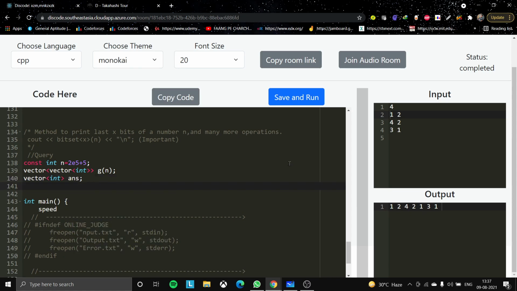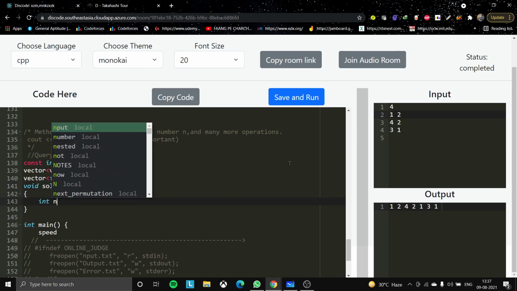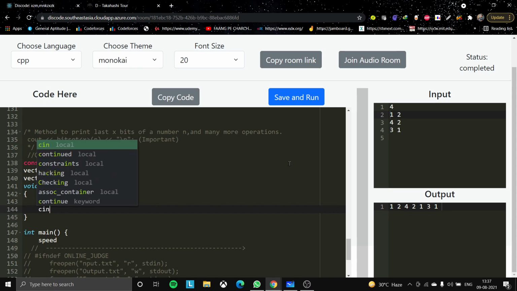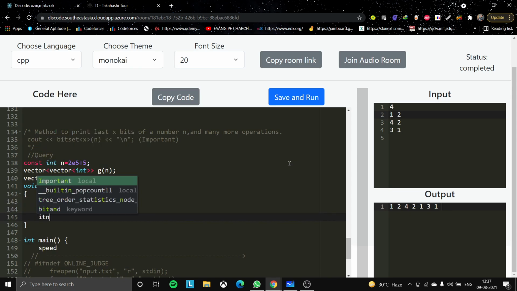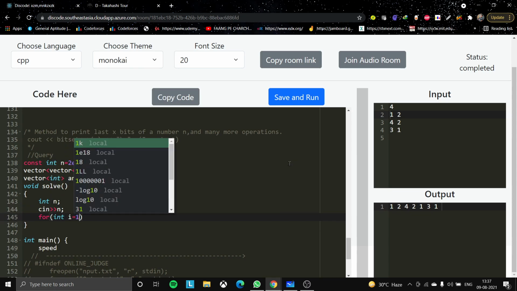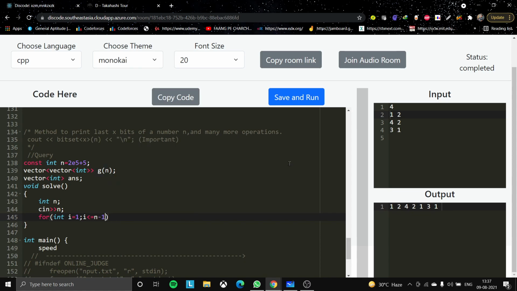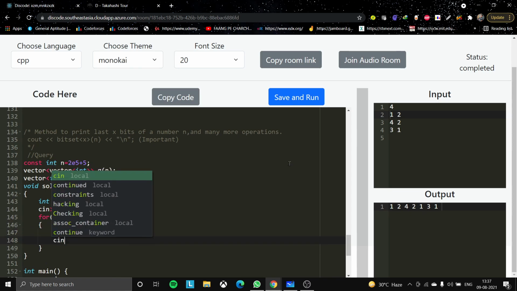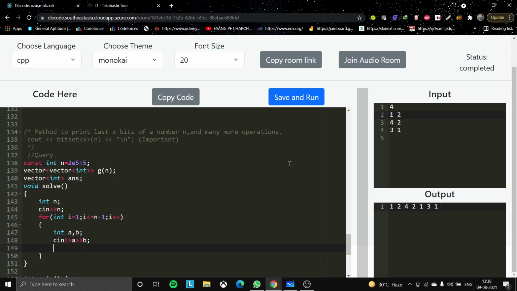Okay, so now what do we do here? Let's take in the input n, the number of nodes, and then traverse from i equal to 1 to n minus 1, taking the values as input.